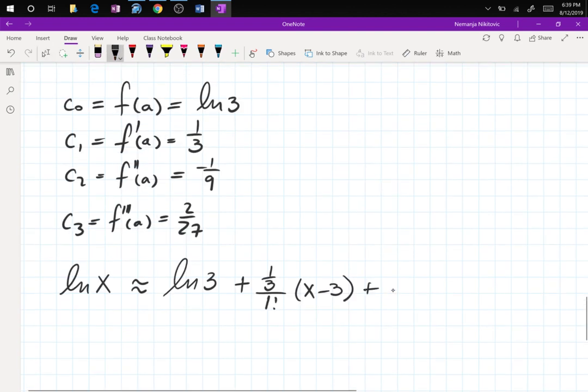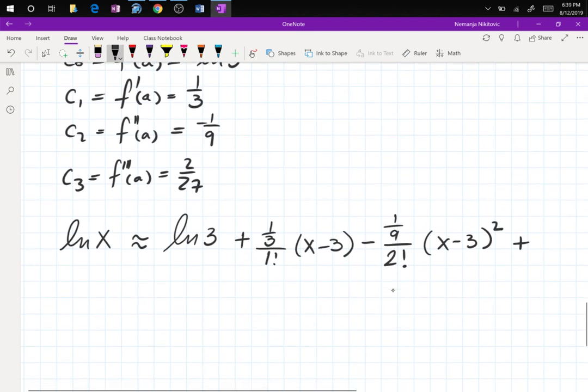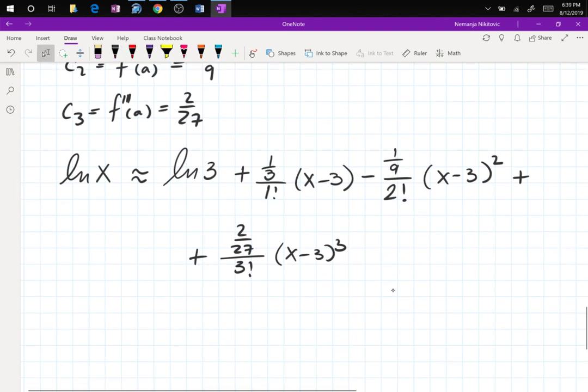Plus, well, minus 1 over 9 divided by 2 factorial times x minus 3 squared, plus 2 over 27 divided by 3 factorial times x minus 3 cubed. All I need to do is to clean this algebra a little bit and I will have my